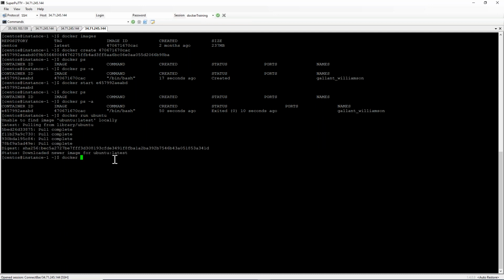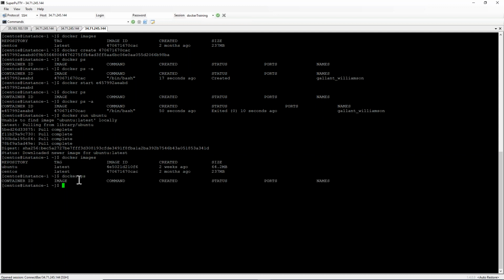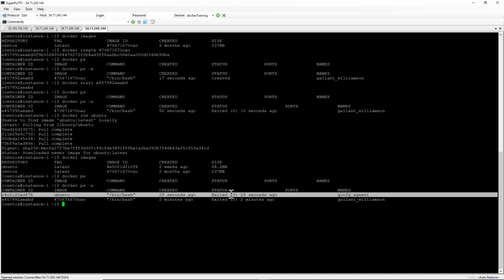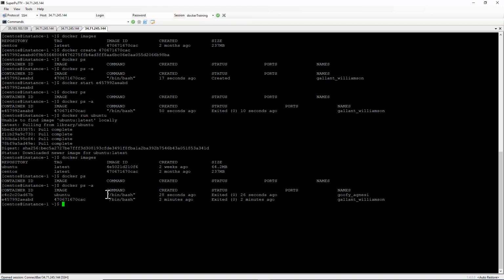Now you run Docker images. You have the Ubuntu, and if you run Docker PS, it ran and it exited. See here. It ran and then it exited because you asked that container just to run this command. It ran that command and then it exited.